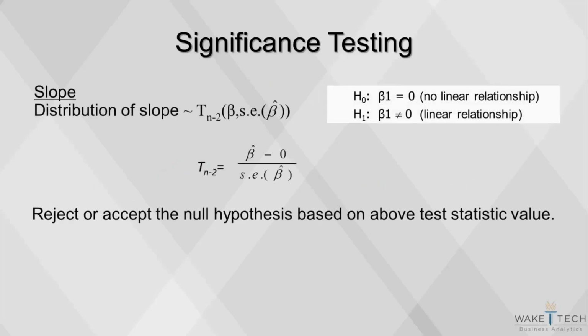Likewise, we can look at the coefficients of the intercept and slope to see if they're significantly different from 0. This is done by examining the t-statistic and the corresponding p-values. P-values less than 0.05 imply that the coefficient is significantly different from 0.